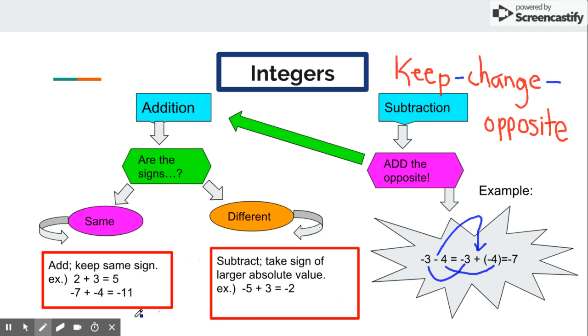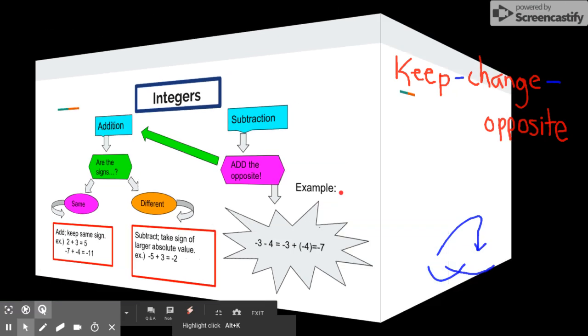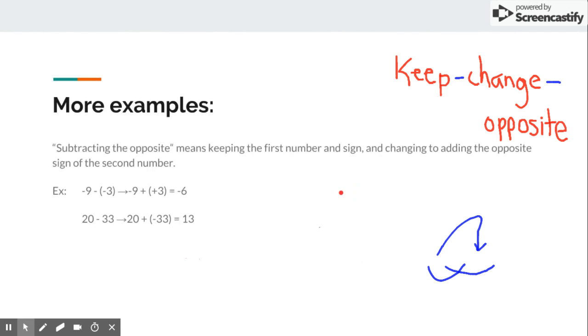Now let's go on to another example here. Unfortunately, the answers are already showing on these two, but write these examples down, and as you're writing them, first write negative 9 minus 3, and then change it by either using an arrow or an equal sign to say now it's going to be negative 9 still, but plus a positive 3. And now I know that my answer, since 9 minus 3 is 6, is going to be 6, and then the larger absolute value is the negative 9, so my answer is negative,